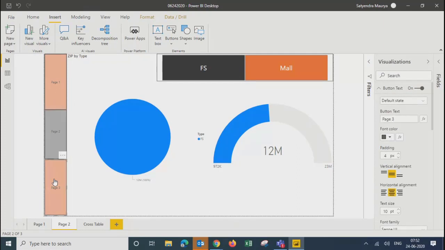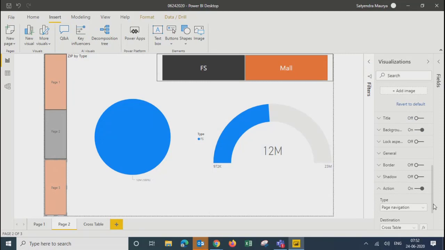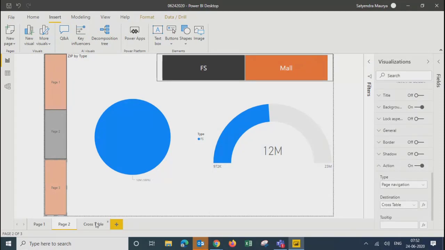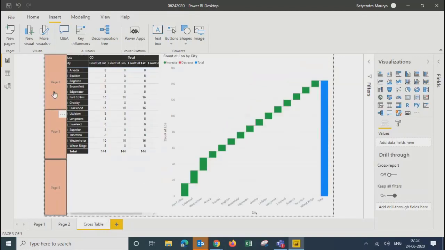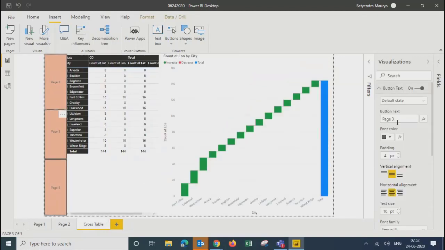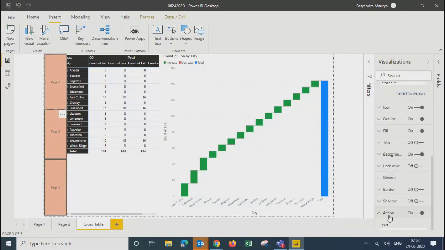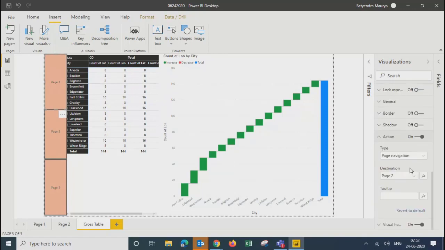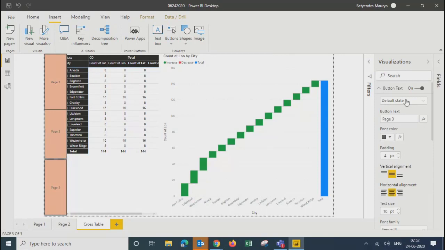And for this page 3, I'll again go ahead and mark my action and mark it as page number cross table. Okay, fine. We are good there. Under cross tab, I'll just go ahead, page number 1. We'll type it 1. And under action, I'll link it to page number 1. For this, I need to link it to page number 2. And for color, sorry, font, I'll just mark it 2.